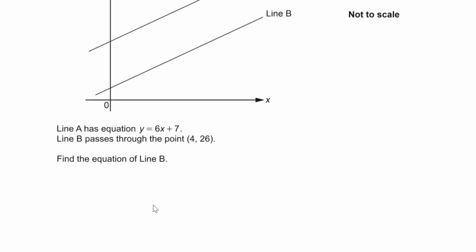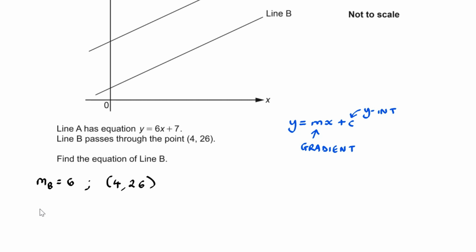So, if the lines are parallel, the gradient of B is equal to the gradient of A, which is 6. Of course, line A is in the form y equals mx plus c, where m is the gradient and c is the y-intercept. So knowing that the gradient is 6, we also know it passes through the point